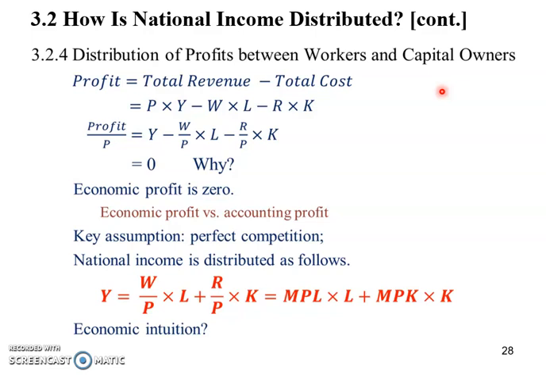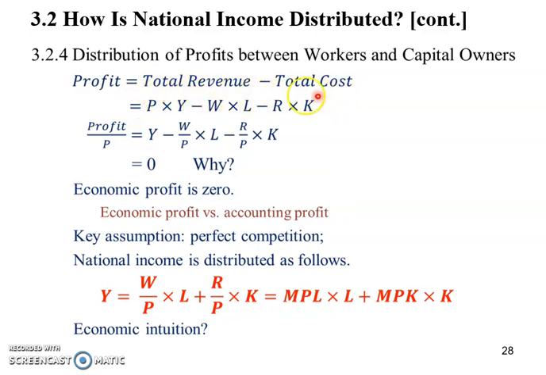Here on this video, we will start talking about the income distribution, or how the national output would be distributed between labor and capital. And we still start with the microeconomic foundation, which is the profit maximization behavior of a typical firm. As we previously discussed, the profit earned by this firm would be the difference between the total revenue